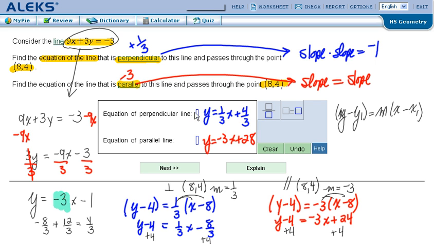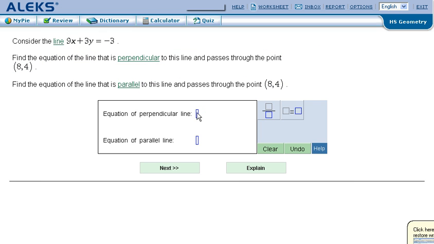We're going to plug this in. We have y equals